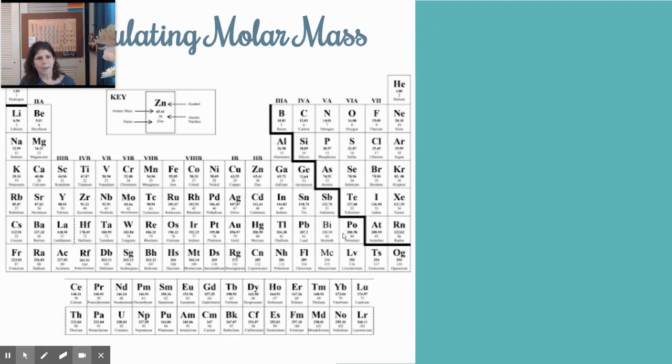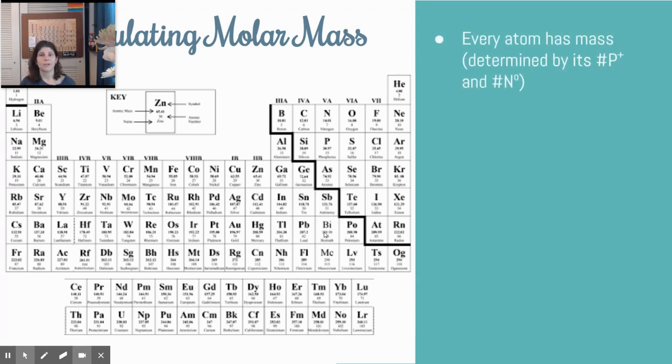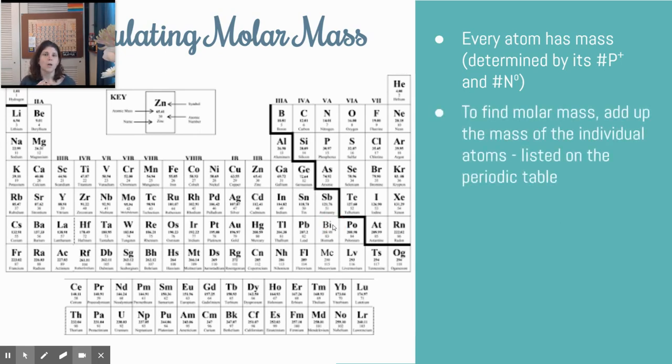So how do we find molar mass? Well, this is just the Braintree periodic table, which you should have. Now, every atom has mass. And the mass, which we went over in that Ed Puzzle from the snow day, and we also went over back in Unit 1, is determined by its number of protons and its number of neutrons. Remember, protons and neutrons each weigh 1, and electrons weigh basically nothing. So we could figure out the mass by adding up the protons and neutrons, but luckily people have done that for us. So to find molar mass, we're going to look at the mass of the individual atoms and then